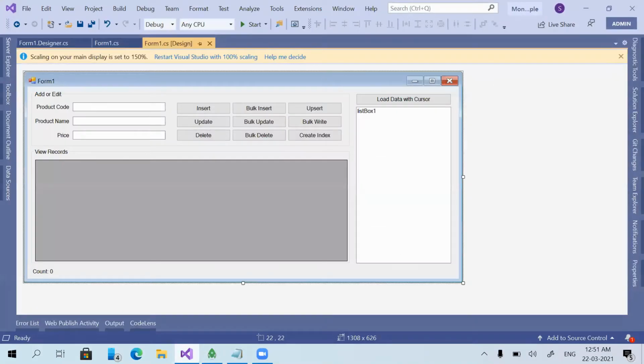Let us open our sample application. In our sample application, I have created one list box and a button. When I click on this button, the whole data should be loaded in the list box. We can use this scenario in different use cases.